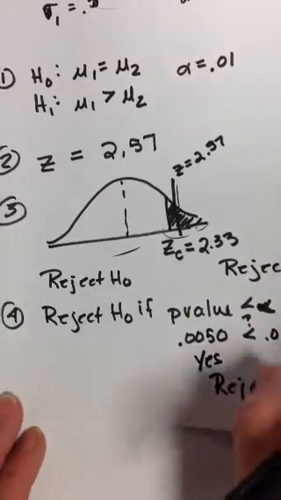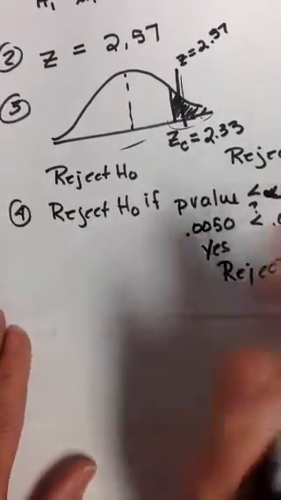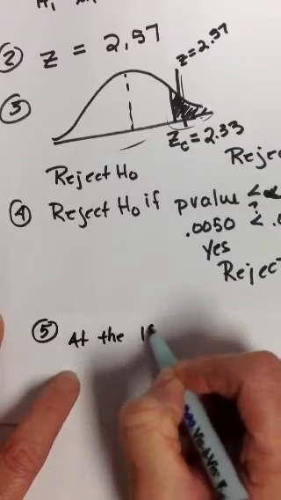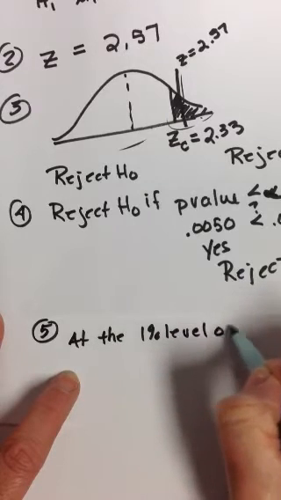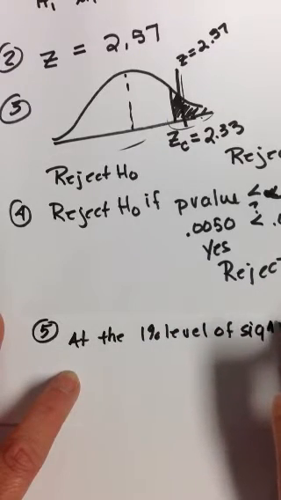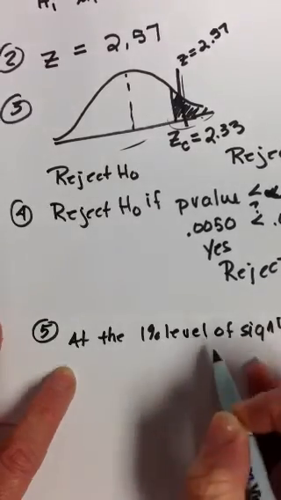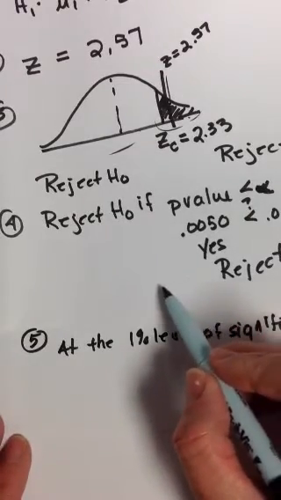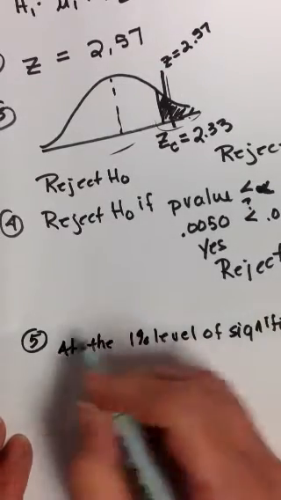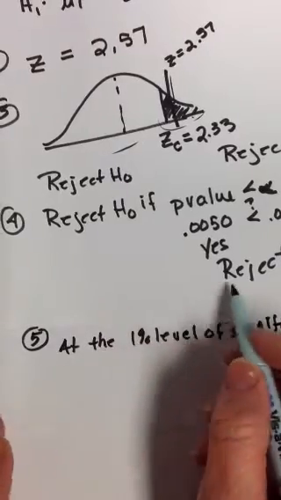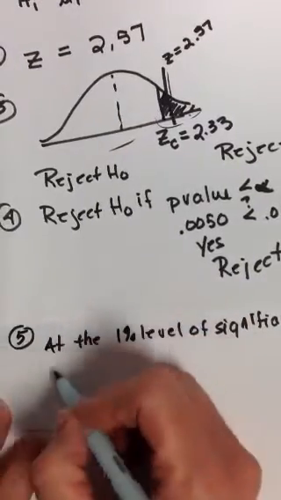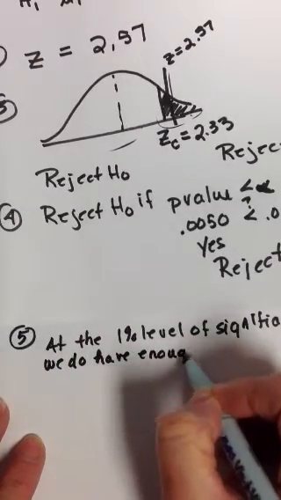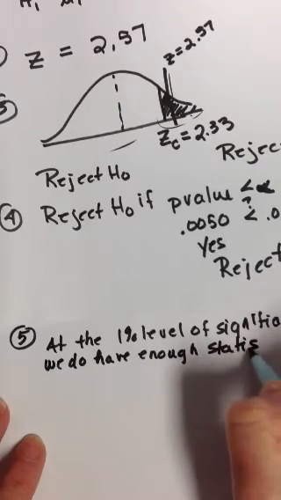I like to say do not reject H naught because remember when you do your interpretation, we say at the 1% level of significance, we do or do not have enough statistical evidence. And that's where, instead of saying fail to reject, if you would have said do not reject, that's where you would have said we do not have enough statistical evidence. Okay, here we do, because we didn't say do not, right? So we do have enough statistical evidence